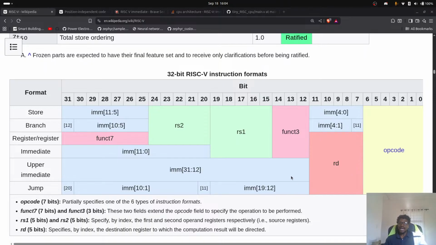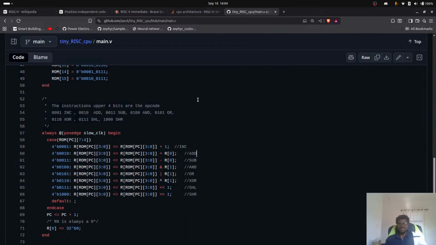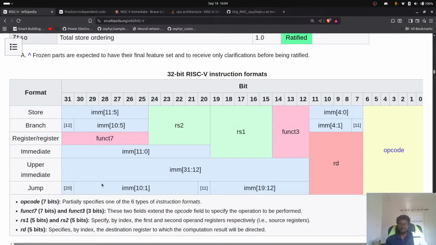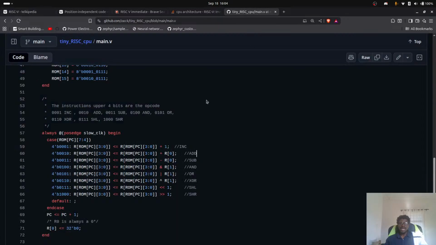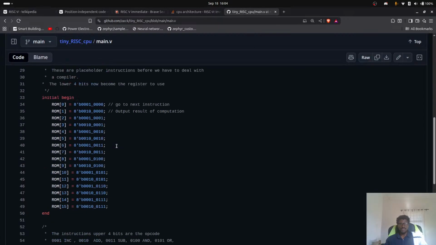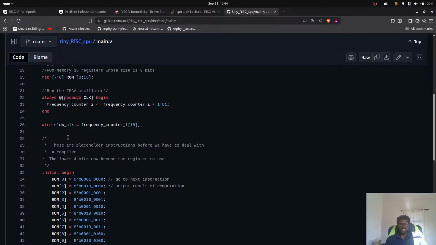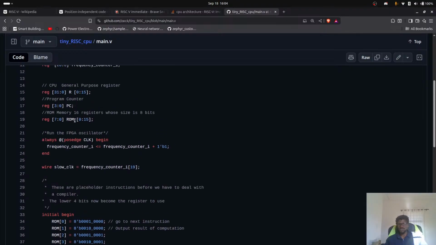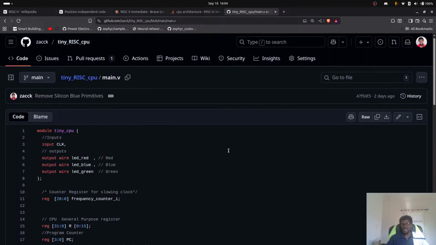Because immediates have 12 bits, as you can see here, this will force us to move from an 8-bit ROM to a 32-bit ROM, which means we're starting to become RISC-V. We're still RISC style, but with this change we're in the process of actually becoming RISC-V. So that's what I'm going to do today,